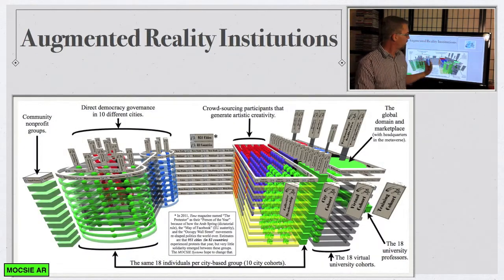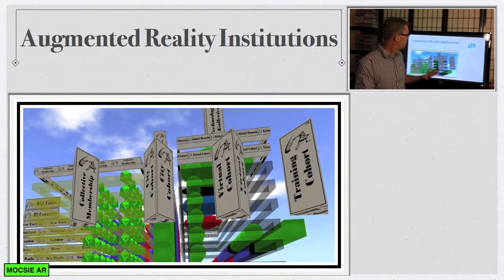This complicated drawing here, if you look at the left side, is what we talked about in the sense of community. These are stacked layers of cities. Remember, we're talking about 951 cities in 82 countries that were all simultaneously having protests on the weekend of November 12th and November 13th in 2011. To augment the reality of this virtual institution and create it, we're going to talk about this part of the model here. So let's take a close look at that.